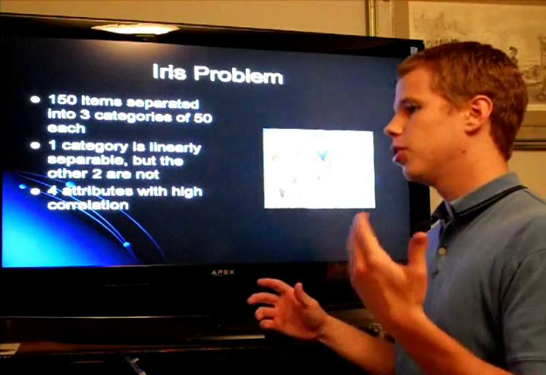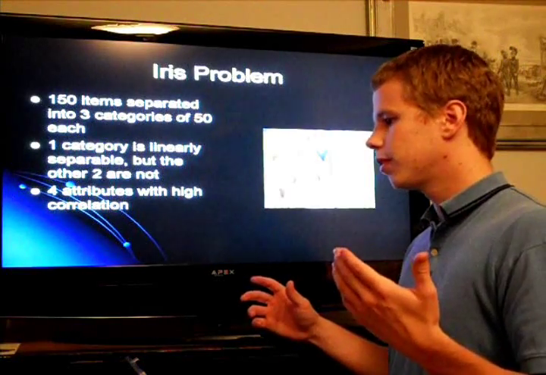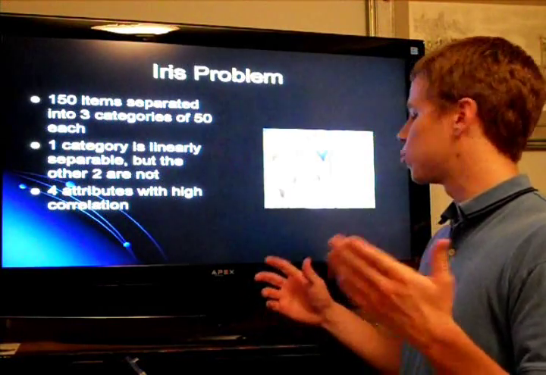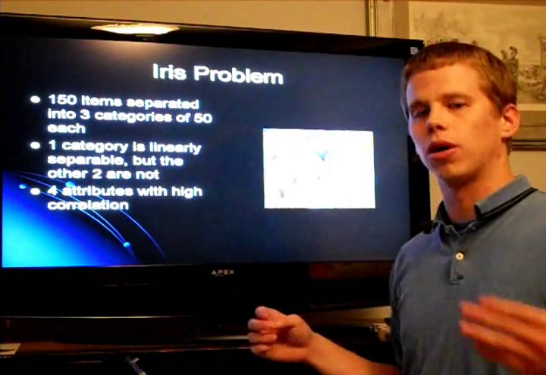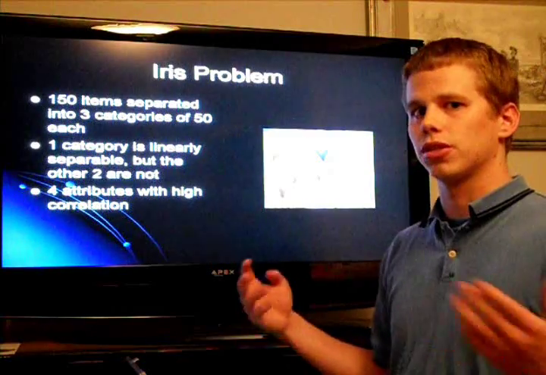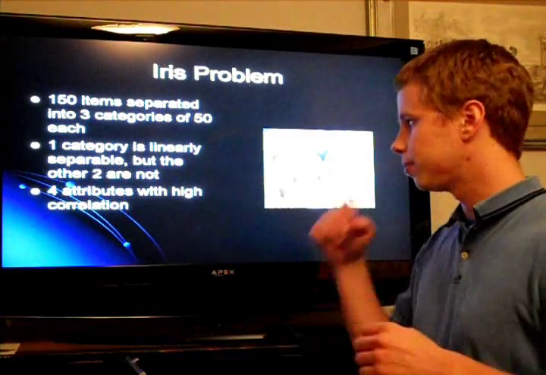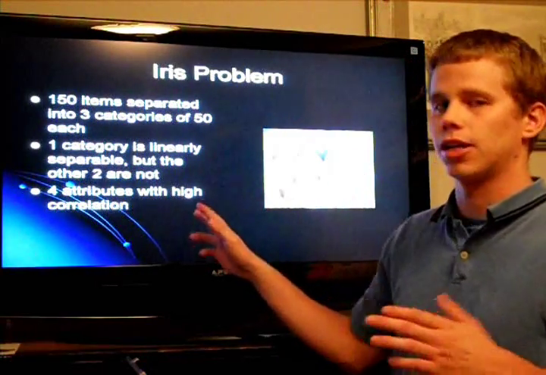Now, to determine which one belongs in which category, we have 4 attributes, which basically means the particles have 4 dimensions to search through in their search space. Now, these particular attributes for this problem